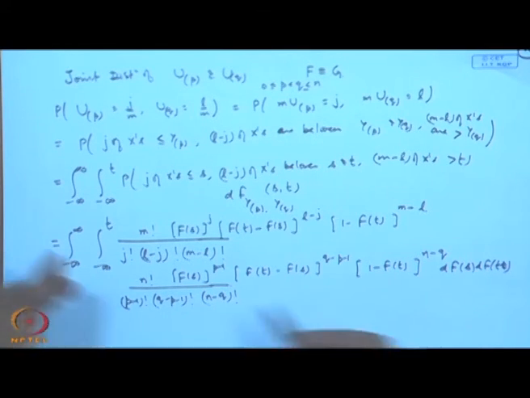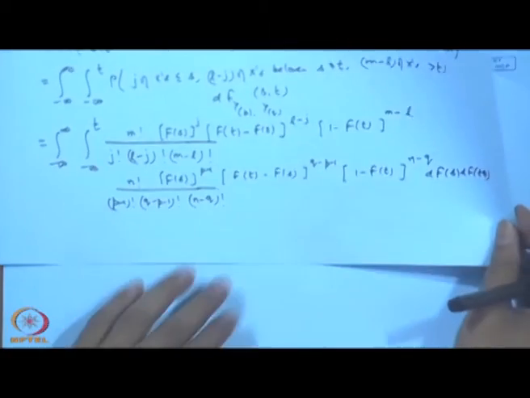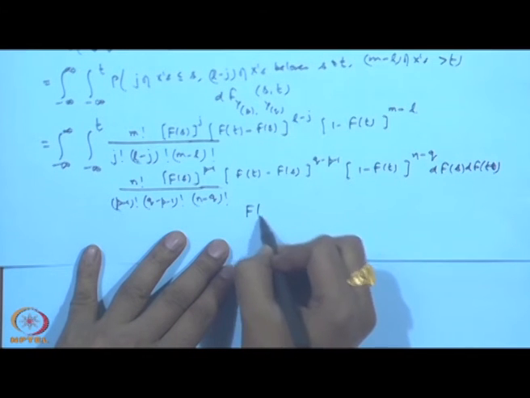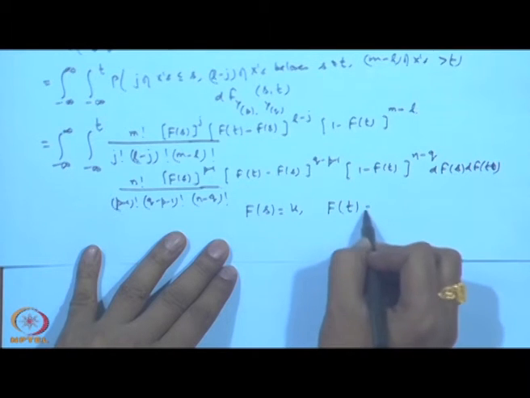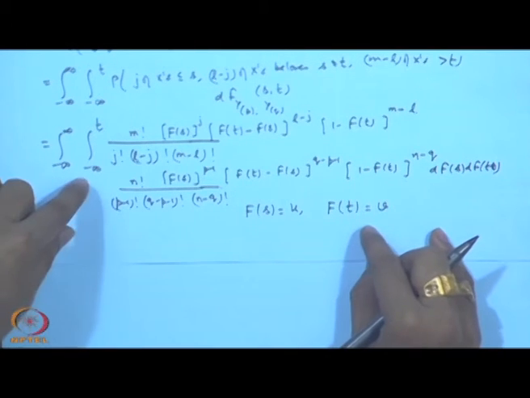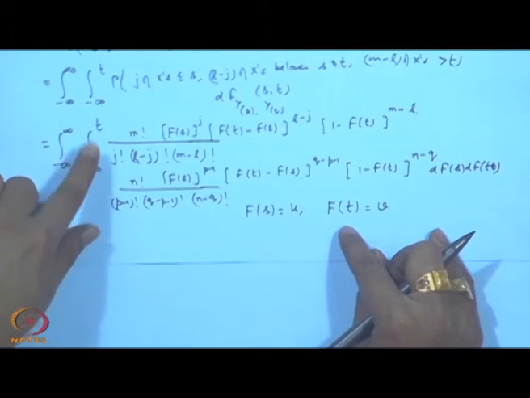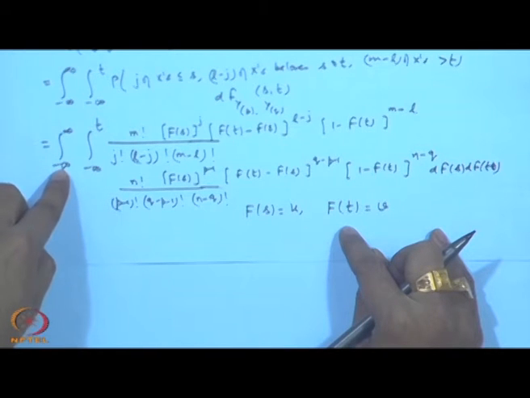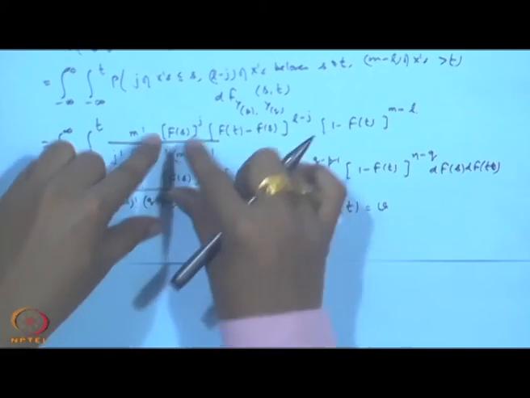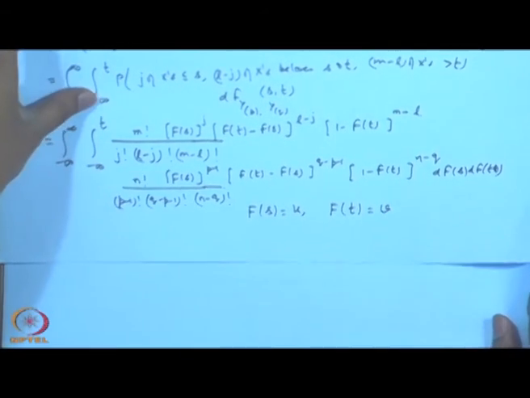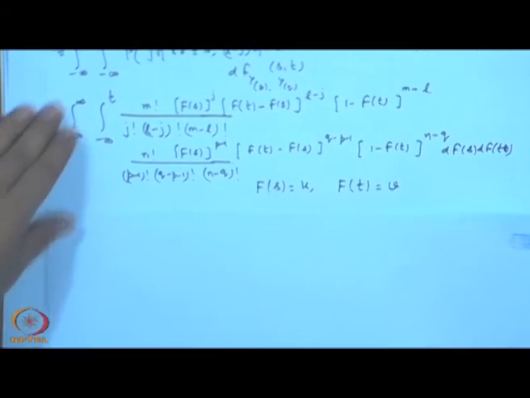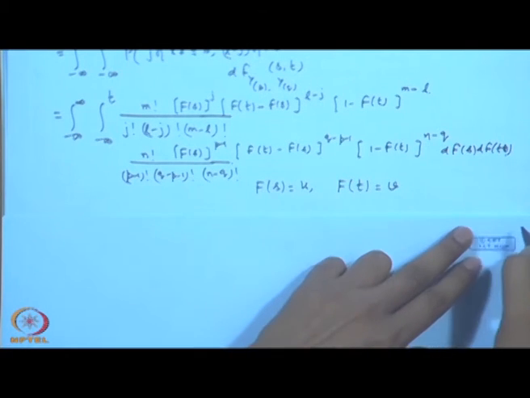So, now for the purpose of evaluation, this can be transformed. You can consider, say, f s is equal to u and f t is equal to v. In that case, you can see here this will become 0 to v and this will become from 0 to 1, and all other things will be added up. So, the powers will get added. So, this can be evaluated in a closed form. Let me show you this here.